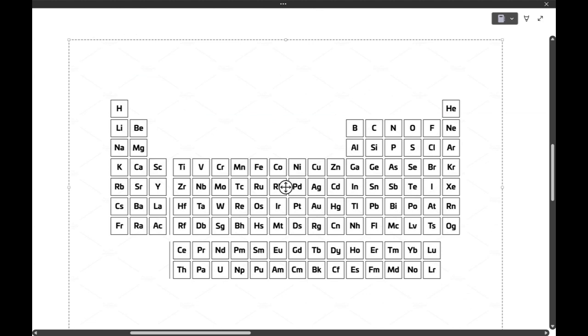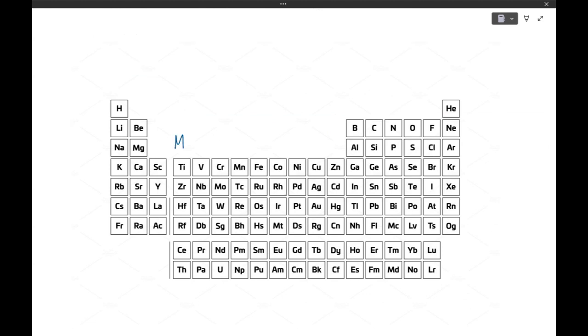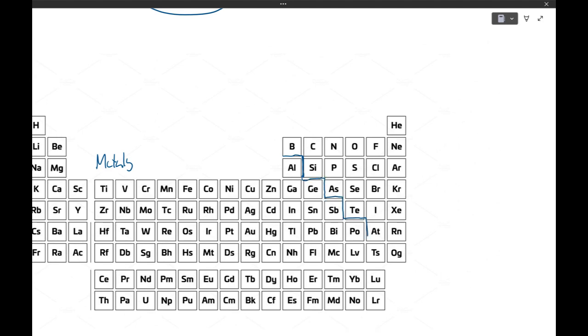Metals tend to be located on the left side of the periodic table, so metals tend to be over here. And then typically here, there's a cutoff. So typically metals end here. And this range,